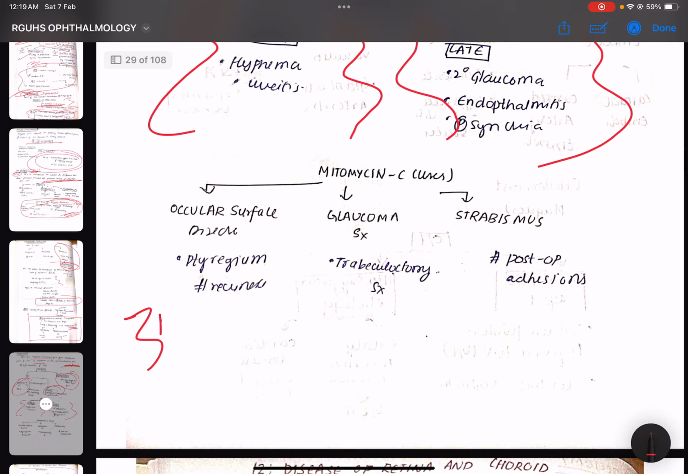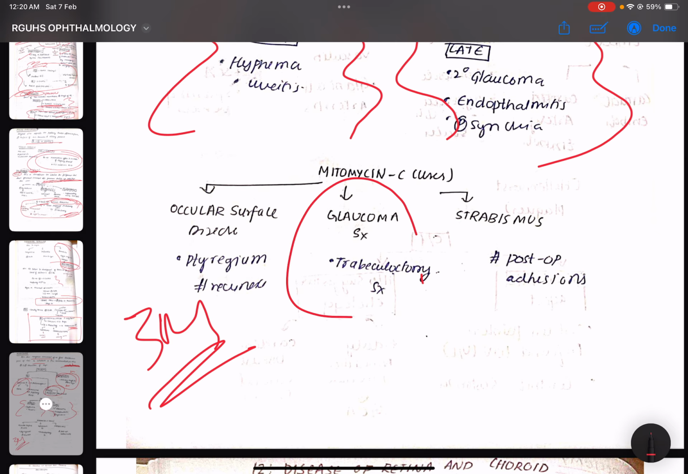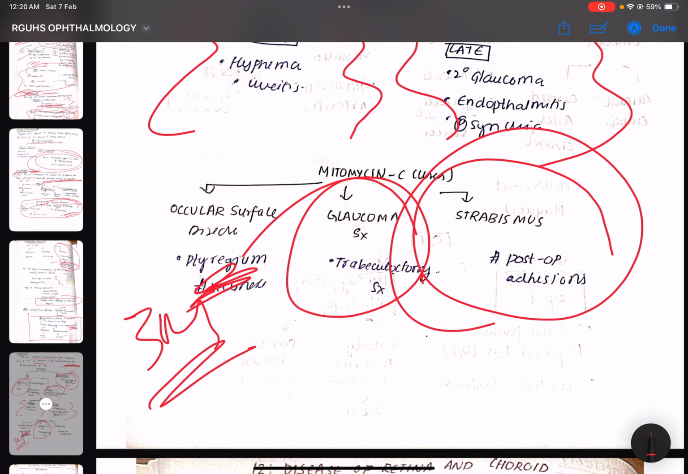Okay, mitomycin C, three uses. Three things. Again, glaucoma is studied, and also the pterygium thing which you have already studied. This is the last topic which we'll study. Okay,